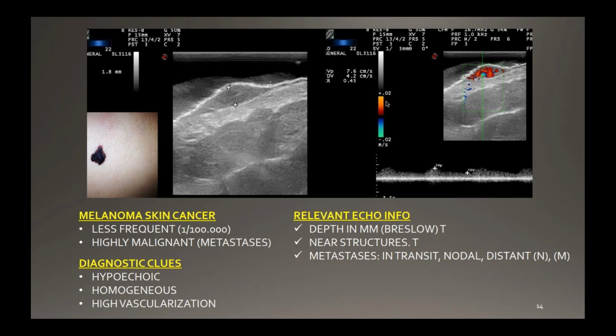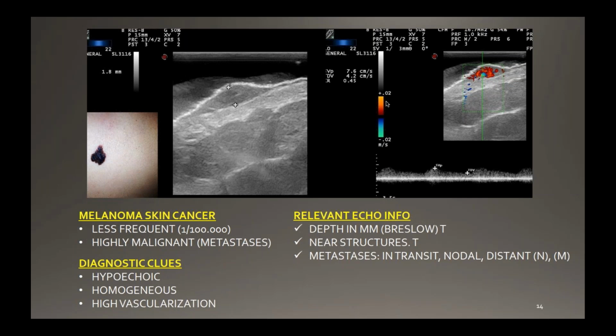We can also assess near structures that is correlated with the T in the TNM classification, and we can also assess metastasis. In-transit metastasis and nodal metastasis are very important because early detection is key to have the opportunity to cure the patient with new treatments. As I told you, there has been a recent revolution in the treatment of melanoma patients, and the early detection of these metastases or micrometastases with ultrasound can be key for the cure of these patients. And I say cure because